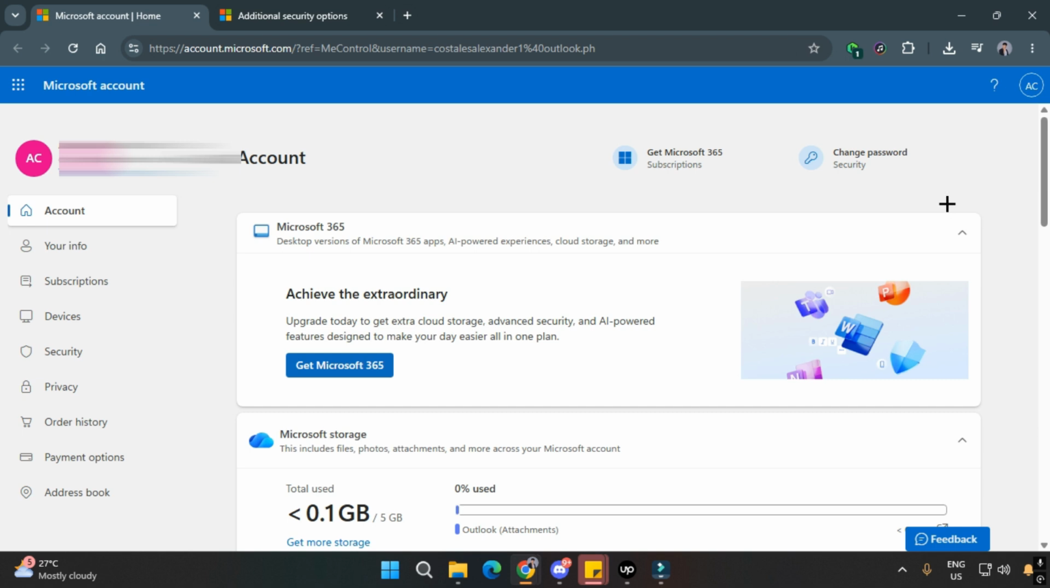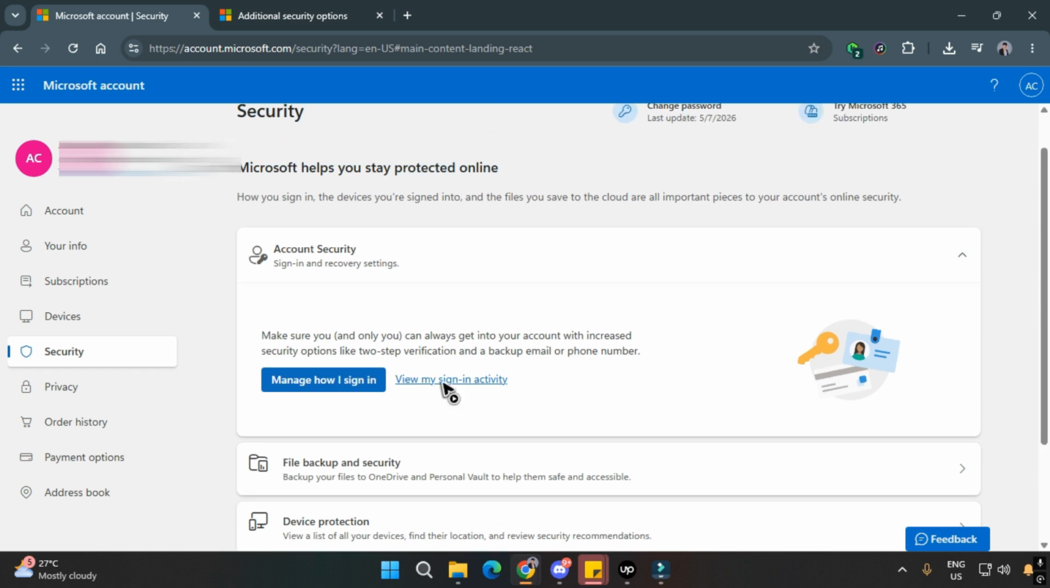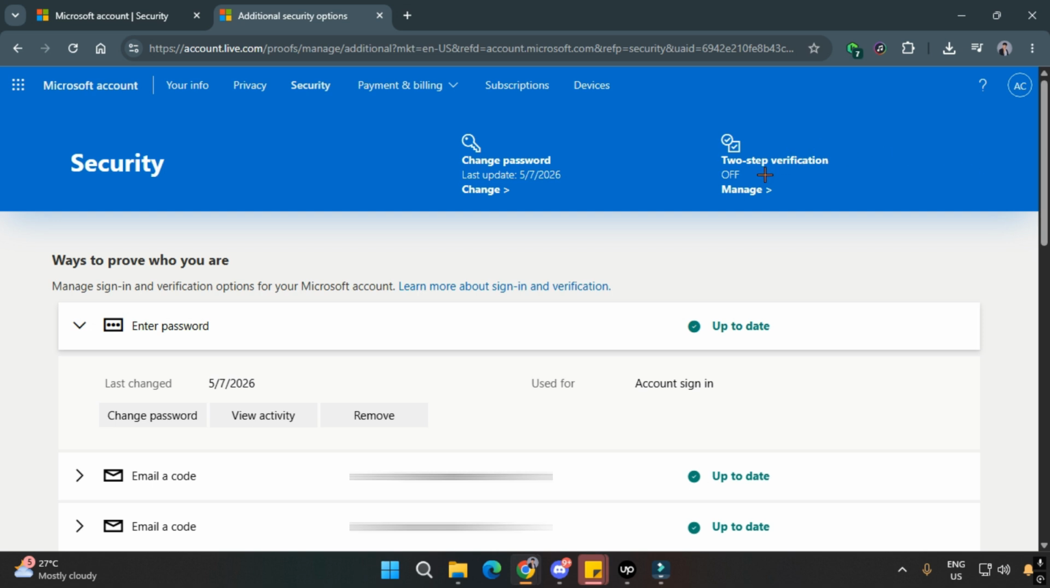To create an app password, first you must know how to create a two-step verification method for Microsoft 365. To do that, simply go to Security and manage how I sign in. After clicking manage how I sign in, you will now be directed to this website, which you can now add